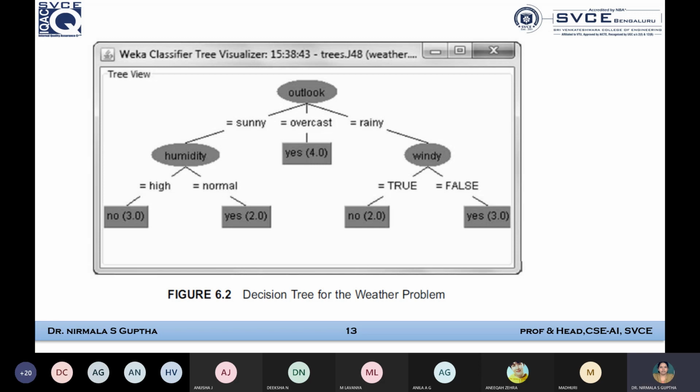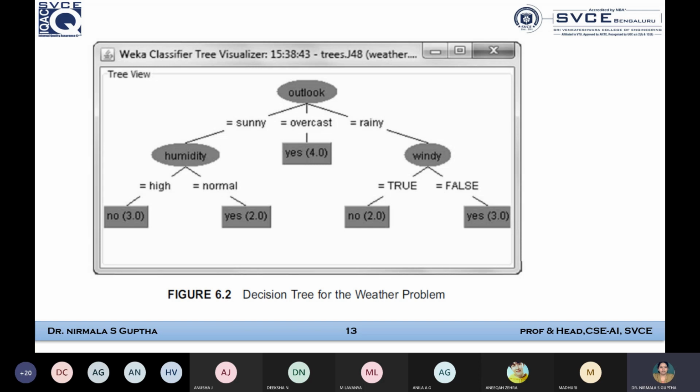Now, the question is, the decision tree can be used to solve the current problem. Now, one more problem I can ask you to solve. When there is a sunny outlook, hot temperature, humidity is normal, windy is true, then what could be the answer for play? According to the given tree, the first question is asking about the outlook. So what is the outlook? Outlook is sunny, yes. So the decision moves to the branch sunny.